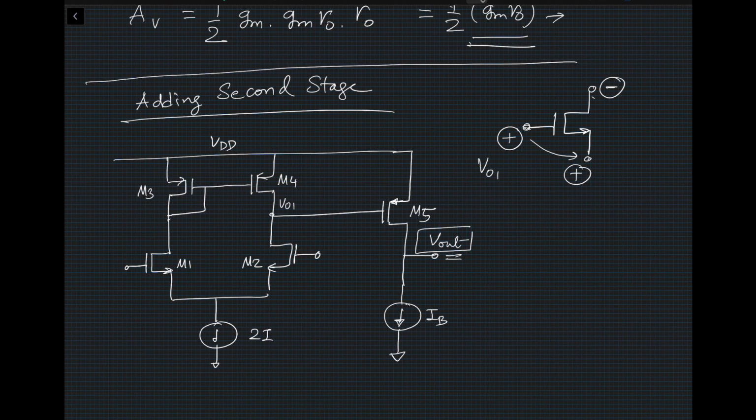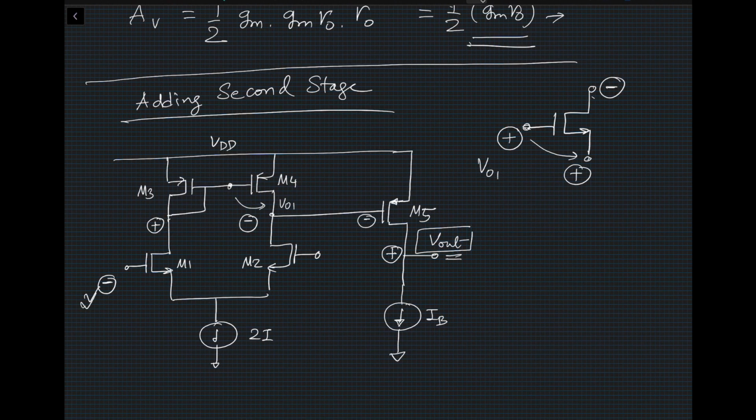Let's say we apply a negative input here. Then that negative will give you a positive here, and that positive will give you a negative over here. So definitely this doesn't work, because I need my V out to be positive. So you obviously have to invert the signs. I can apply a negative input here, then this will be positive, and this positive will go to the gate, and from here to here it will become negative, and that negative will come here, and then it will become positive. This looks correct. The negative input is looking correct over here.